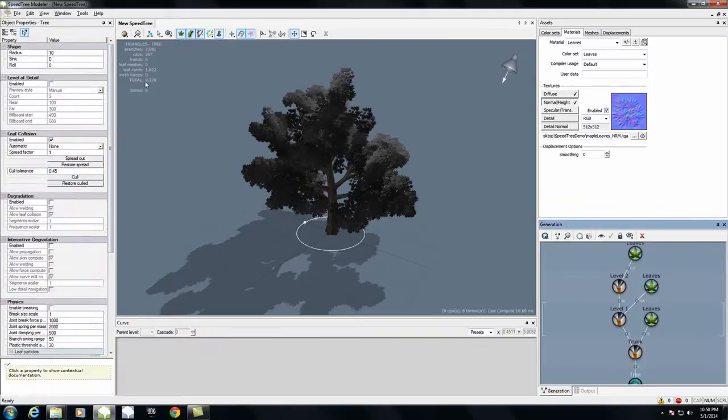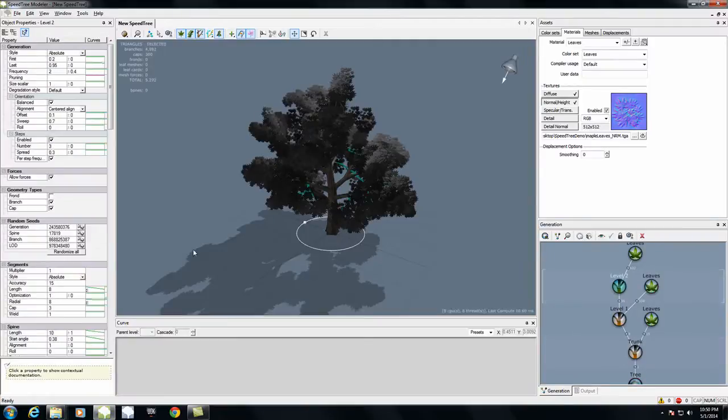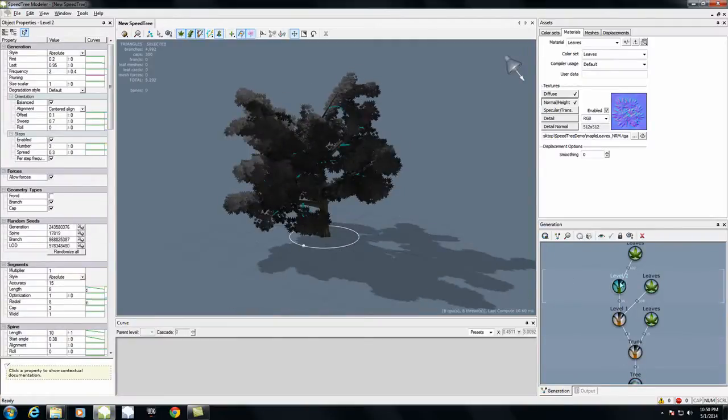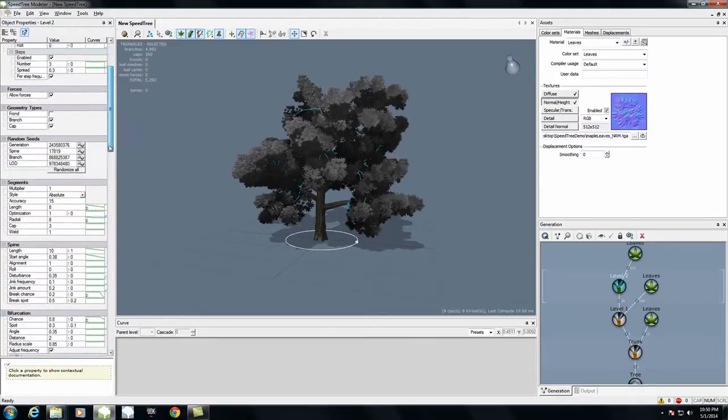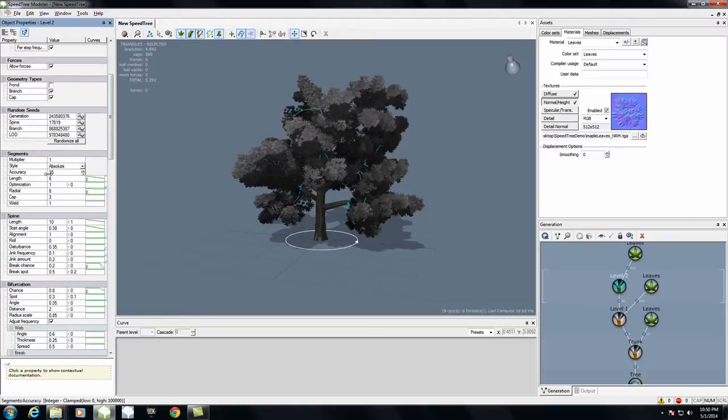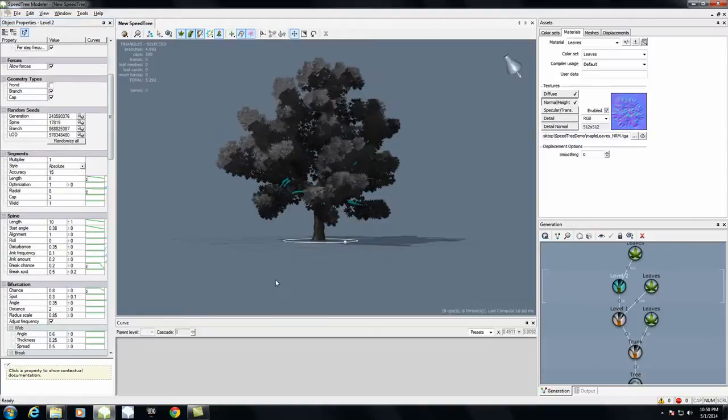Alright, so now checking this out, we dropped it down to 9.2. So let's go in here a little bit more. With the top level of branches selected, I'm going to go under segments. And under segments, we can adjust the accuracy. The accuracy is how many divisions the branch has